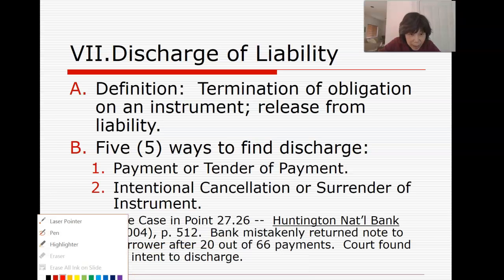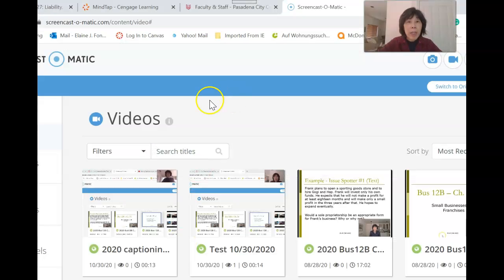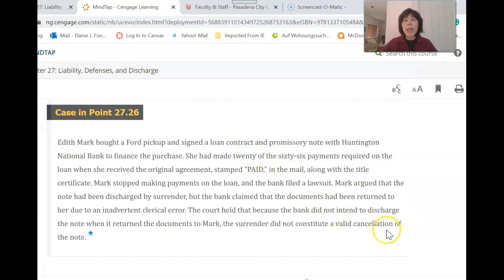Let me stop this slideshow, and I'll get the book up on the screen. Can I find it? Here it is. All right, here is the case. It's Case in Point